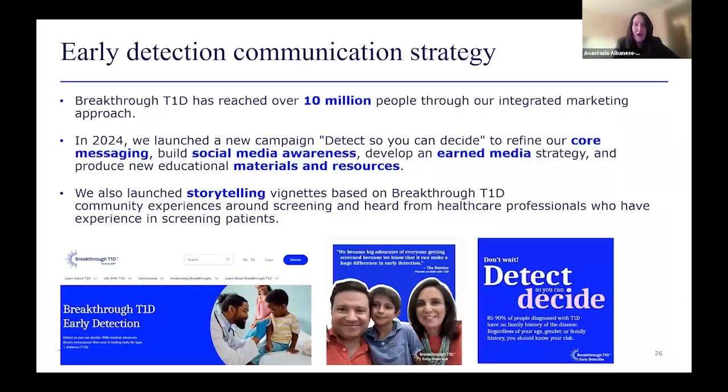And then you've heard on the town hall about our efforts to educate very broadly about early detection. We need to activate the type 1 diabetes community and the 90% of people who will be diagnosed with type 1 who have no connection to type 1 diabetes, no family history. We need to share the word about the importance of early detection. And so we're doing that through a program called Detect So You Can Decide. I know you saw this on the town hall, so you can watch that information for those of you who are staff,